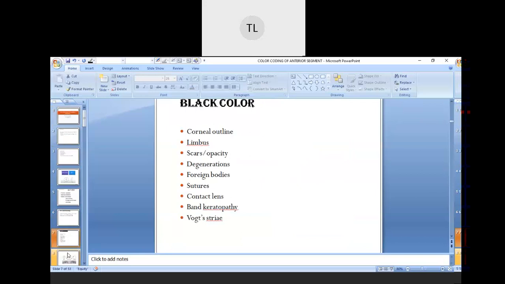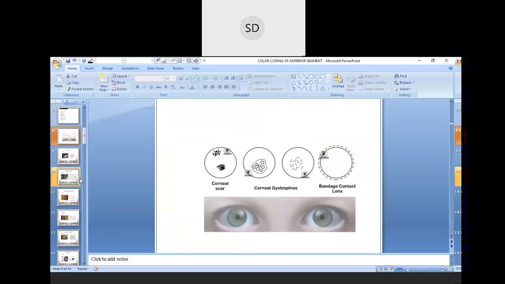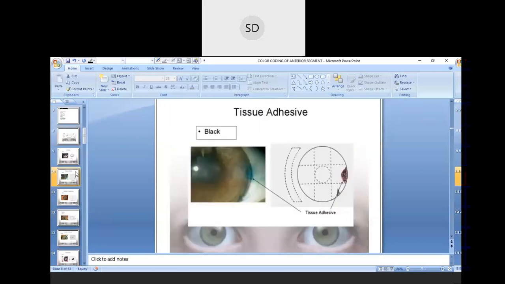Yes, yes, what Saddam? What is lines that's found in this Descemet membrane? Sorry Saddam, could you please repeat it? What is? That means what are the lines which are found in this Descemet membrane? Saddam, I couldn't hear you. Can someone please repeat Saddam's question to me?